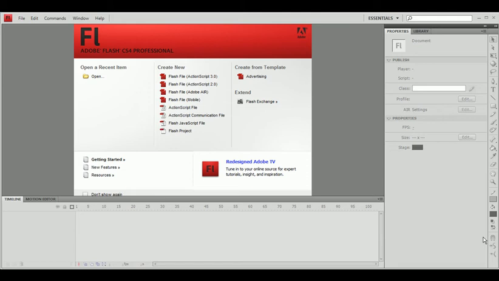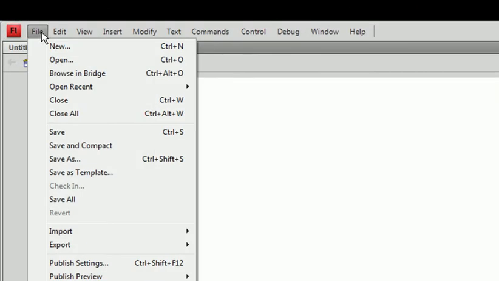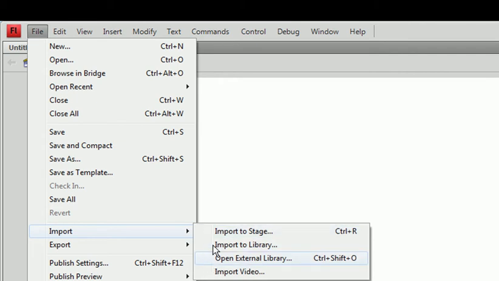In this tutorial we're going to learn how to vector, and vectoring is a very useful way to make pre-made images without losing quality. That isn't really explained right, but let me show you rather than telling you. So create a new Flash file, ActionScript 3.0, import any file to the stage,